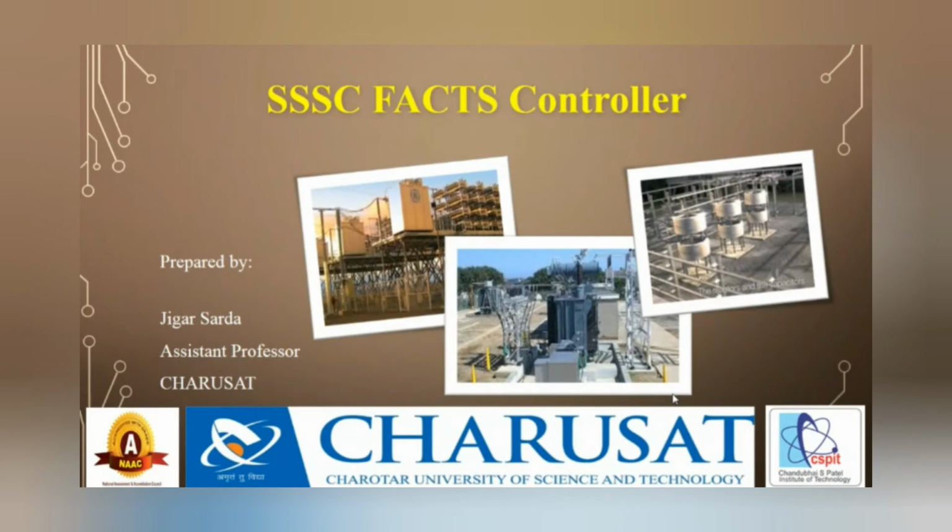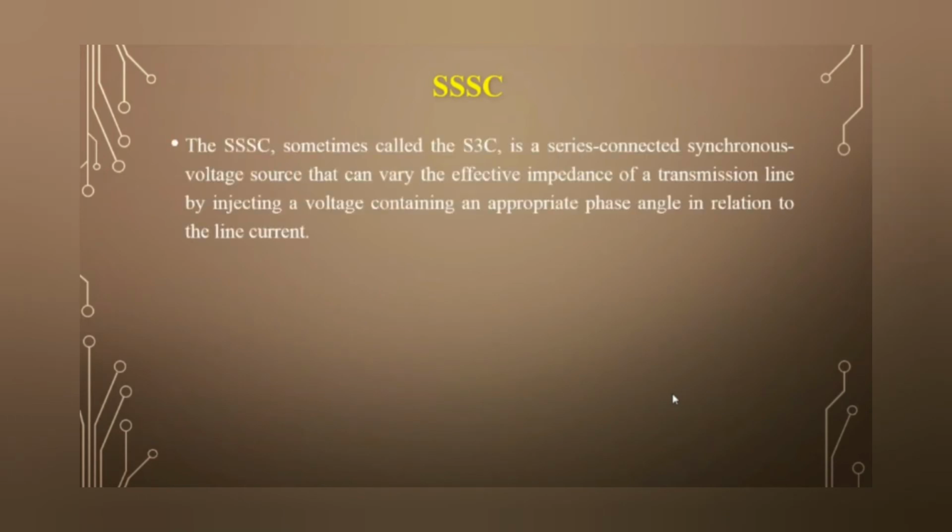So the simple definition of SSSC: it is a static synchronous generator which is operated without an external electric energy source as a series compensator whose output voltage is in quadrature with and controllable independently of the line current, for the purpose of increasing or decreasing the overall reactive voltage drop across the line and thereby controlling the transmitted electric power. Now, what do you mean by this SSSC?